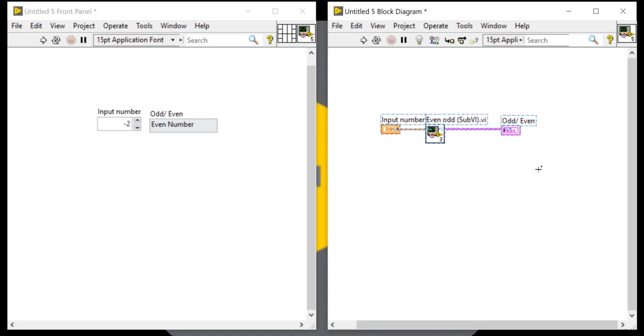Now I want to specify more information: the given number is a negative number and even number, or the given number is positive and odd.